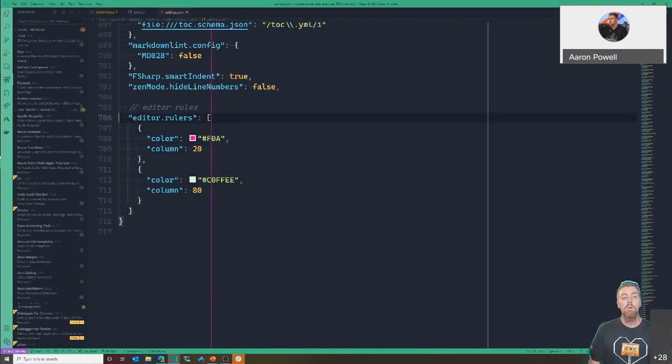There we go. So editor rulers allow me to put guidelines into the text that are just drawn over the top of everything else that's there. Now, we can put as many of these as we want, and you might be like, well, what could be some use cases for having this in there? What I see as one of the best use cases is if you want to make sure that you're keeping to a certain width of your code base.